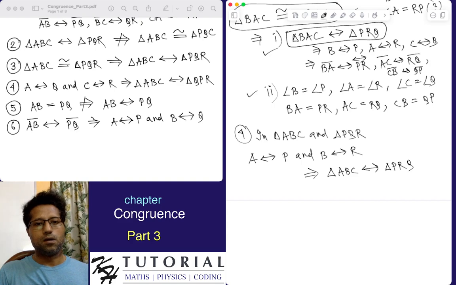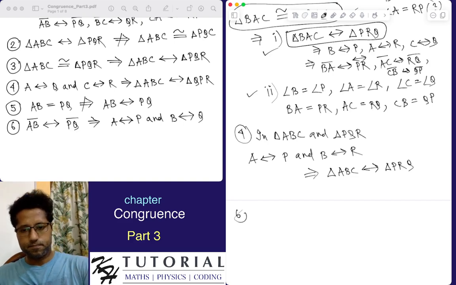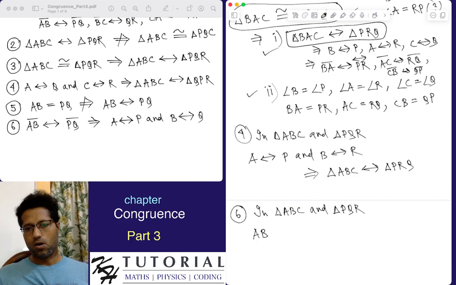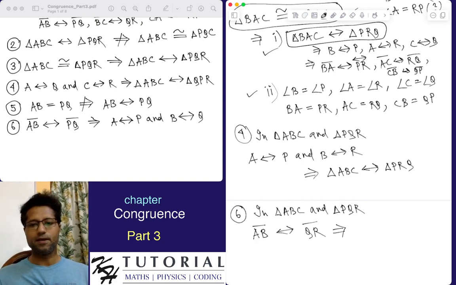Now another thing, point 6, is that in triangle ABC and triangle PQR, if a mapping of one side is given, that is, the side AB of triangle ABC is mapped to the side, let's say QR of the triangle PQR, this will also automatically imply that A is mapped to Q